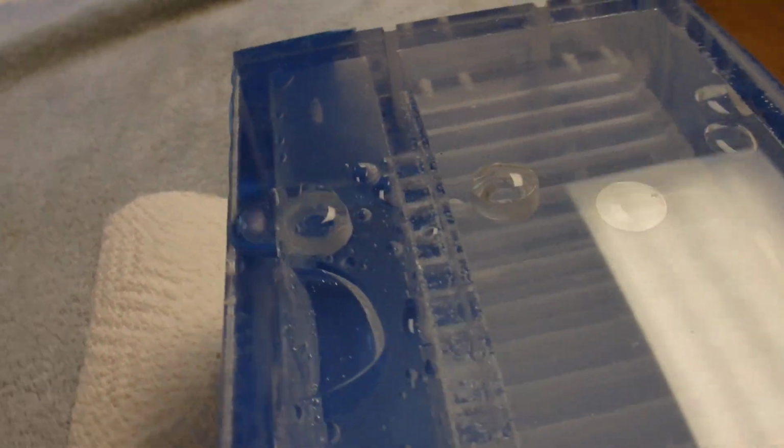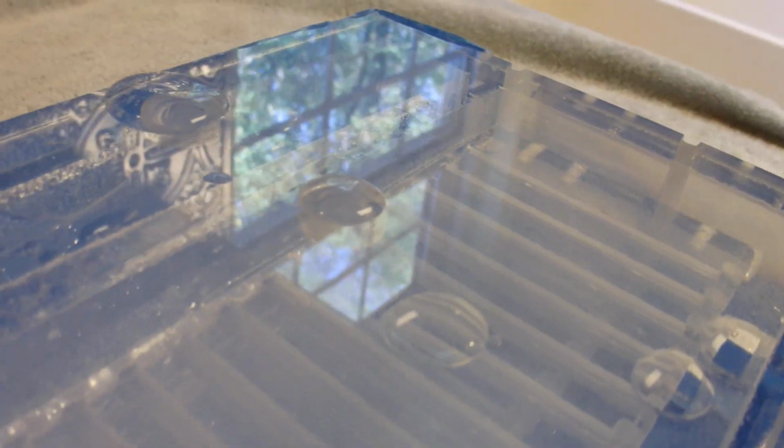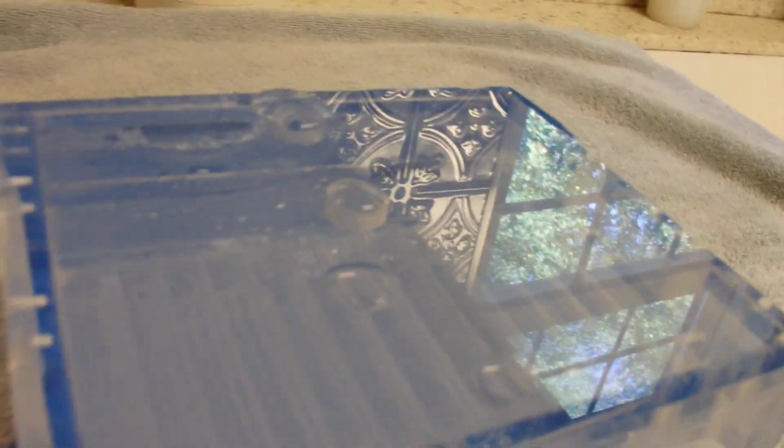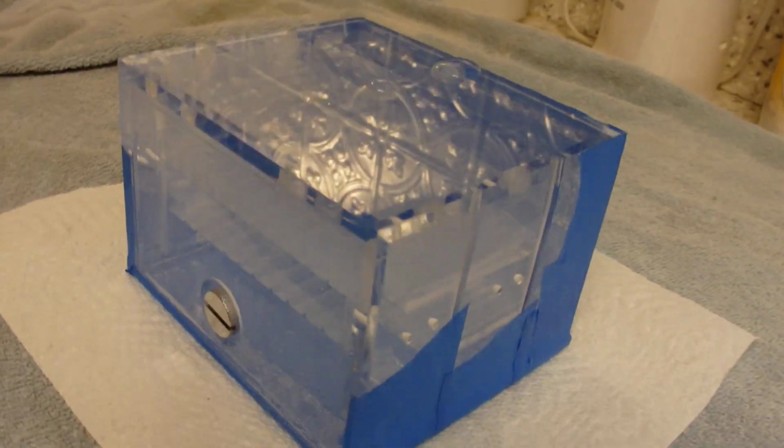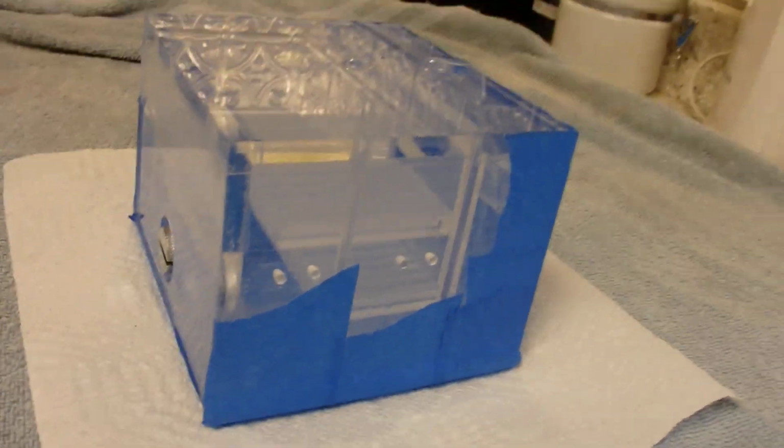Right now I'm leak testing this reservoir. That's why it's on its face and all taped up and on a paper towel. And you can see the water is more than full. I have filled it beyond full. I've just been letting it sit overnight. And now I'm just making this video to show my client and the rest of the world this little jewel